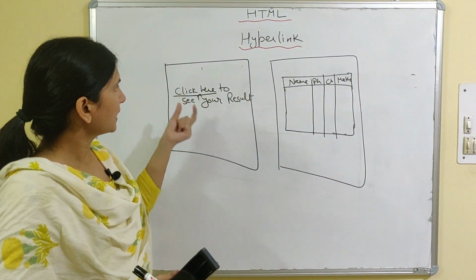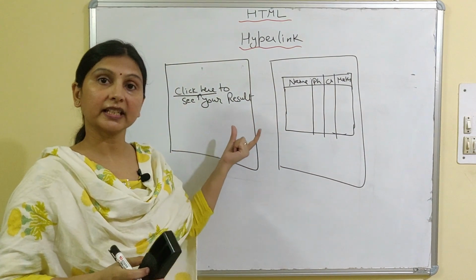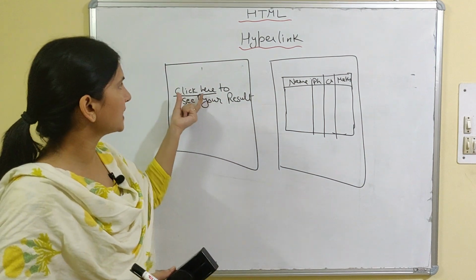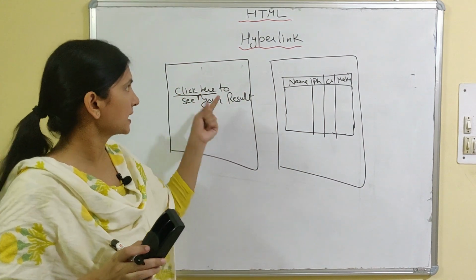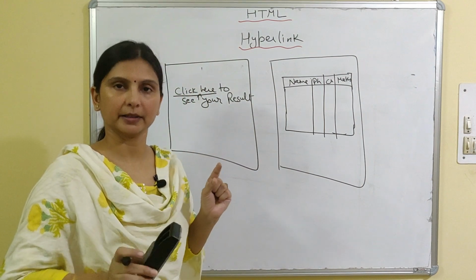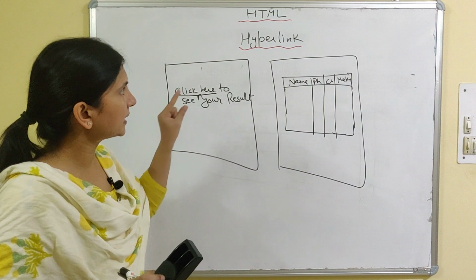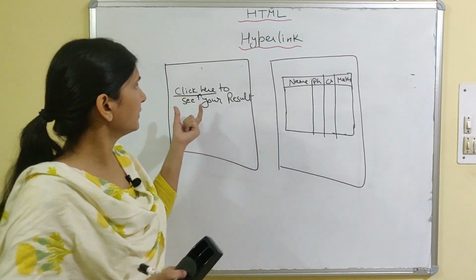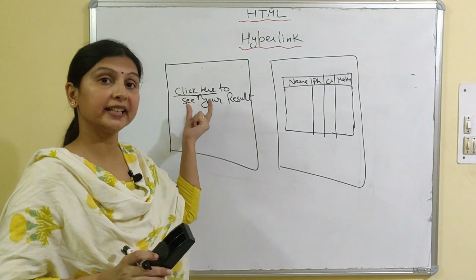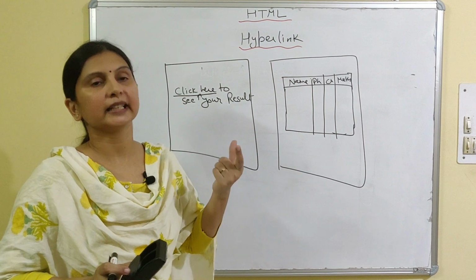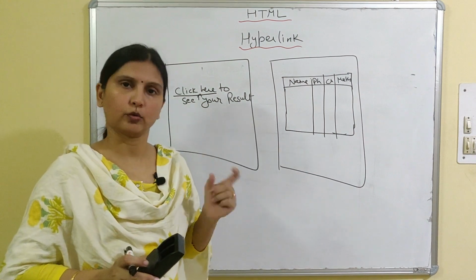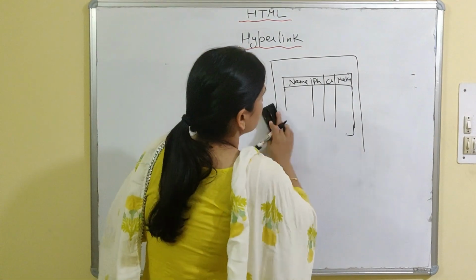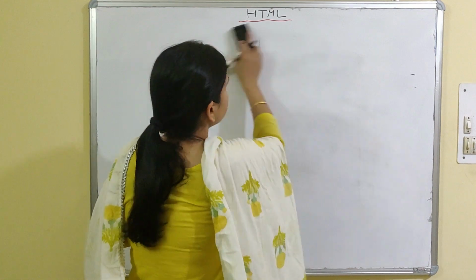So what am I doing? I will create two web pages and create a link between them through a hyperlink. I will make only the words "click here" the hyperlink, not the whole text. When I click on "click here", I should go to the table. First, I will show you how to create a hyperlink of any text, then how to create a hyperlink of an image. Both I will show you. So let's start.